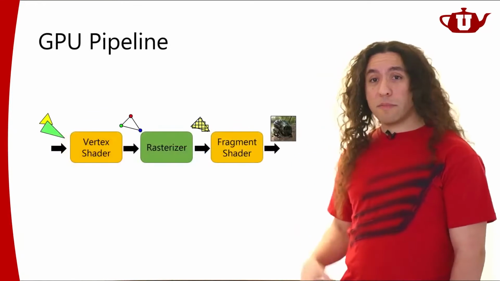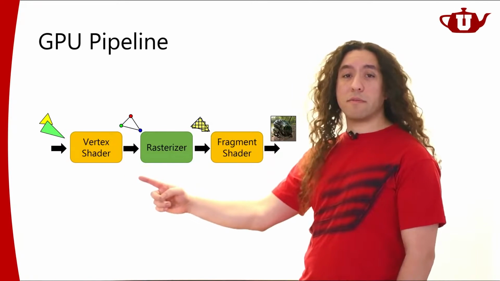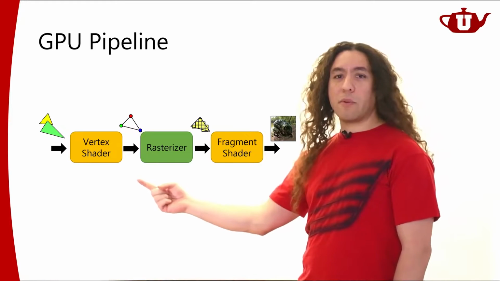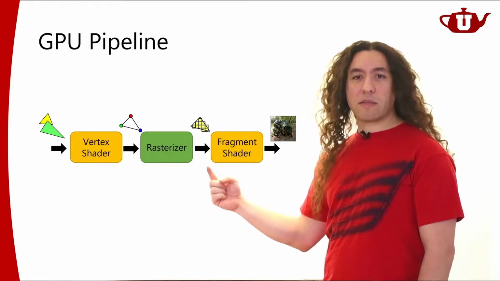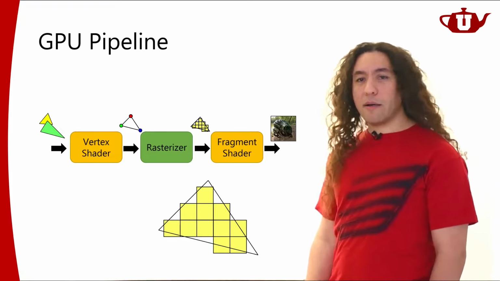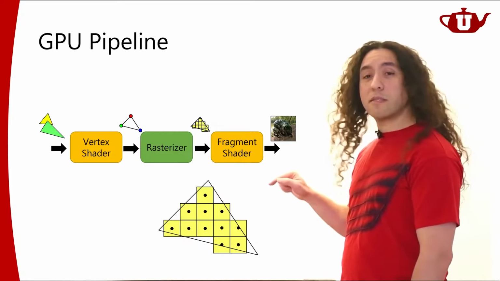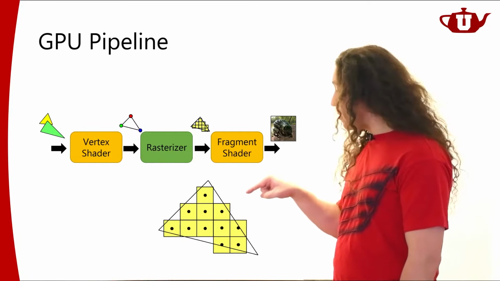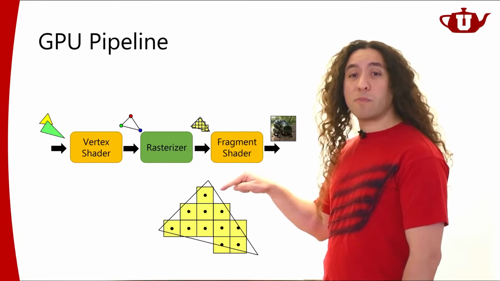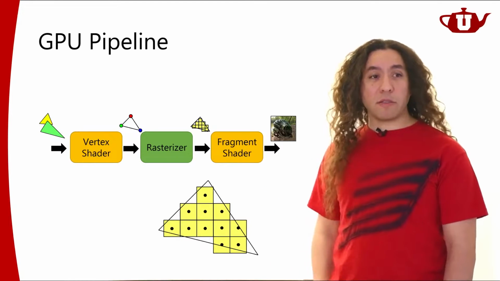Right? So again, looking at our GPU pipeline, we're sending a bunch of triangles, and those triangles are arriving at our vertex shaders one vertex at a time. And then we transform those vertices, a rasterizer gets it, and the rasterizer generates these fragments, these fragments of our triangle. More specifically, the rasterizer will generate the fragments, and it will interpolate the data at the centers of these pixel positions. So the positions on the triangle that correspond to the centers of the pixels is the data that we're going to get at our fragment shaders.